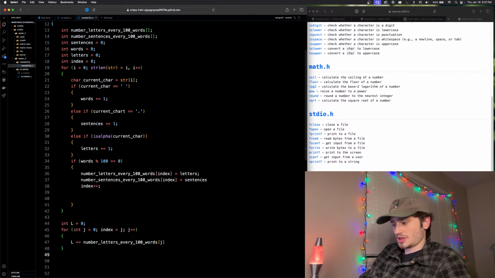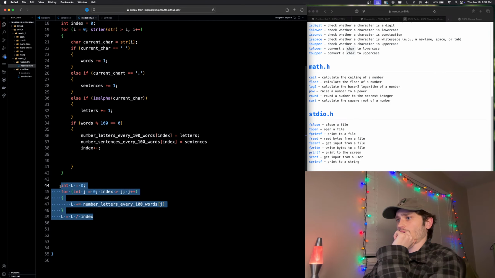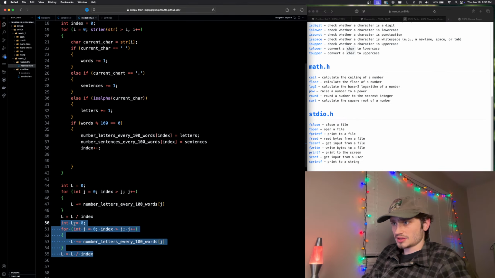And then after we do that, we're going to take L equals L divided by index. We're going to do the same thing for S, but S is going to be